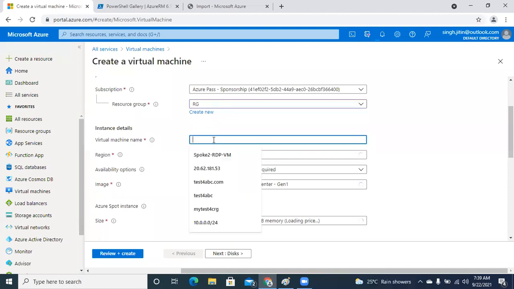So I'll be selecting RG. Here I'll be selecting, let's say, my VM.